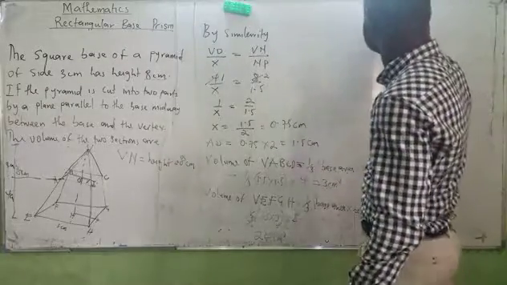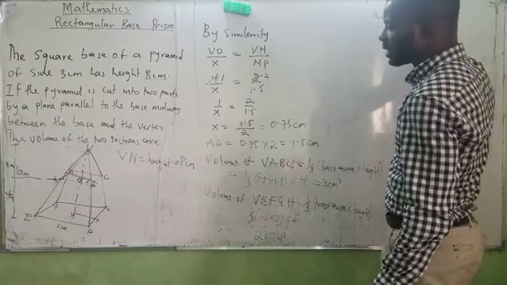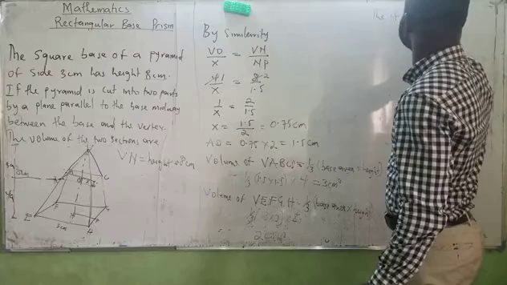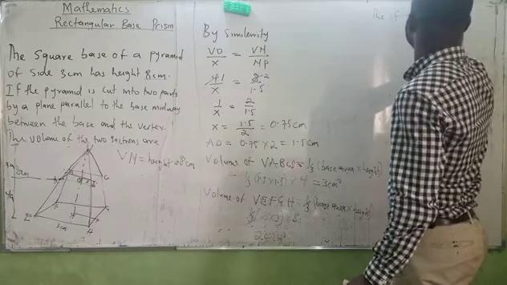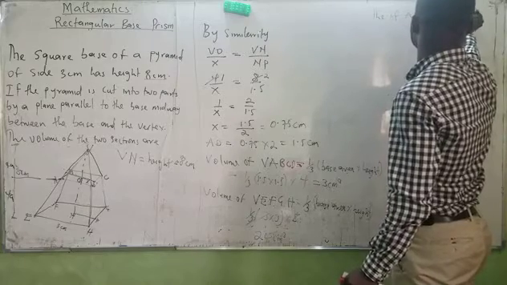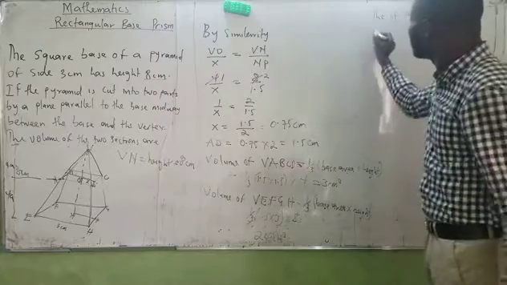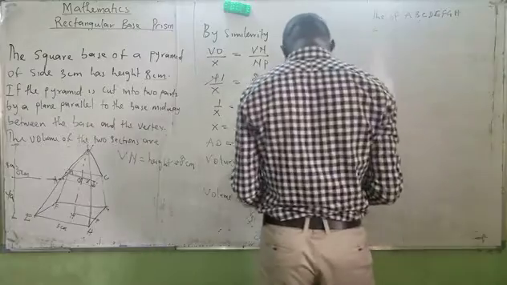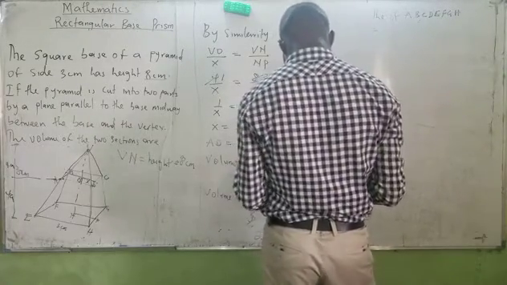The volume of A, B, C, D, E, F, G, H. 1, 2, 3, 4, 5, 6, 7, 8. Now will be equals to, am I saying the right thing? Yes, I think I have a template here. Okay, I'm saying the right thing. Okay, it will be equals to